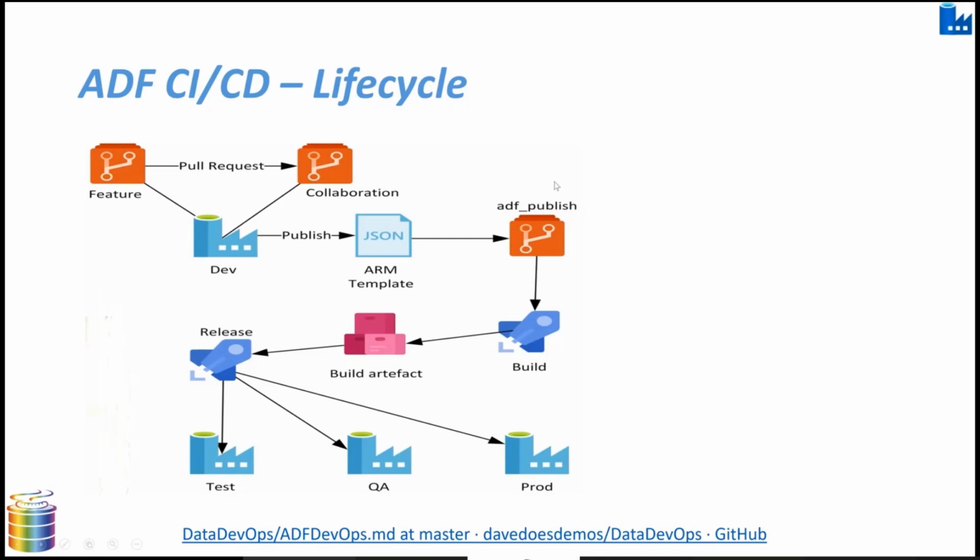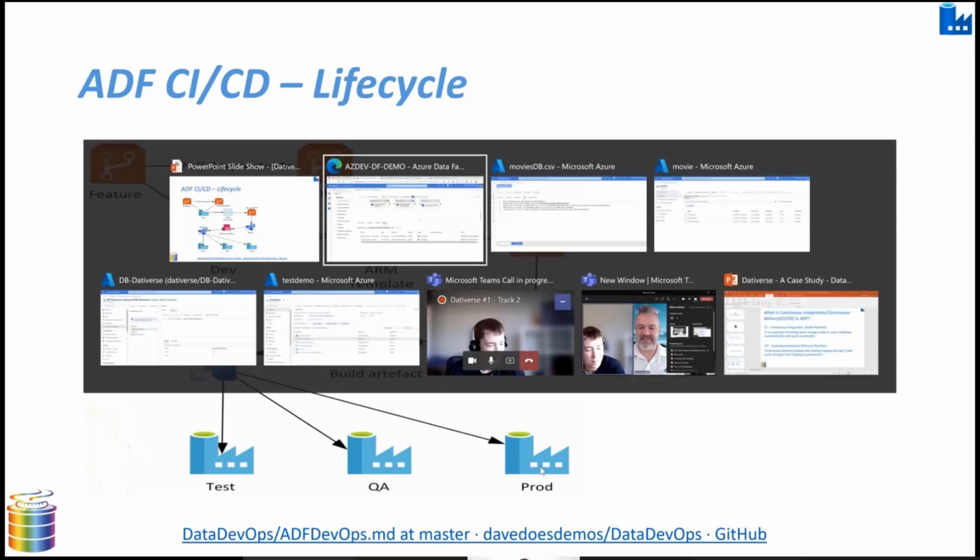So here it will generate ARM templates, and then my build pipeline runs, and the build pipeline will generate build artifacts. These build artifacts are used in a release pipeline, and the release pipeline will deploy, it's a few clicks away, all code into different staging environments: dev, test, QA, prod, pre-prod or UAT, whichever you have. So this is the Azure Data Factory (ADF) lifecycle of CI/CD. So let's move into the demo now.